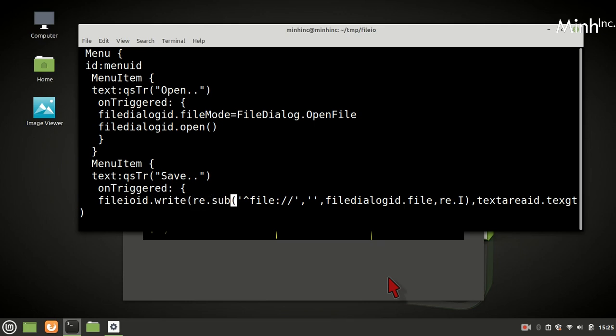So here in QML the URL starts with file colon and slash that we have to remove when we pass it to the Python side because it is a Unix file there. File dialog ID dot file URL, text area ID text.